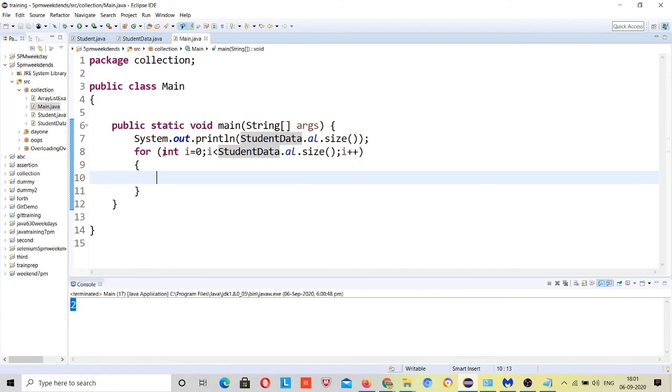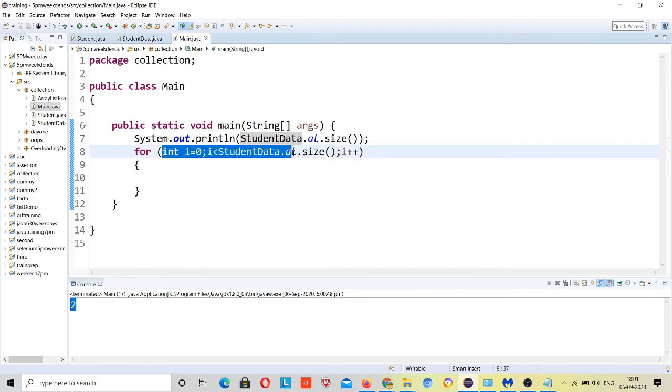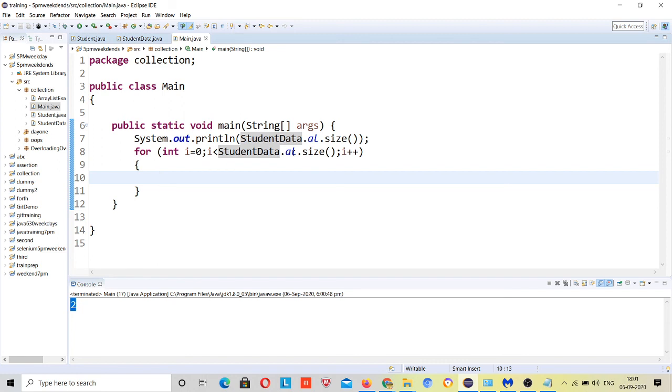If you are able to understand these lines, it means the same points will be used in your Selenium and calendar automation and everything that will require the array list or the collections. So if you understand today, then you will not face problems tomorrow. If you have any questions, you can raise your question here.